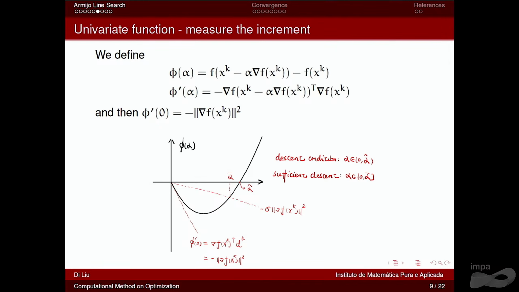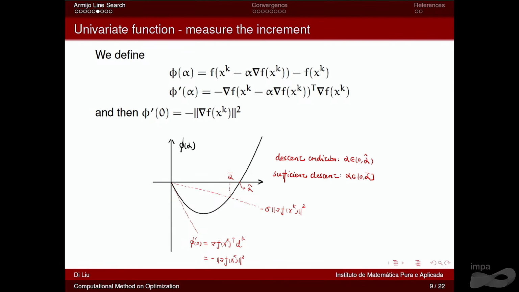So at least we have this interval, which guarantees the function value is non-increasing. But actually, we also do not want the step size around this alpha hat. Why? Because, for example, if you choose a step size here, which corresponds to the increment here,